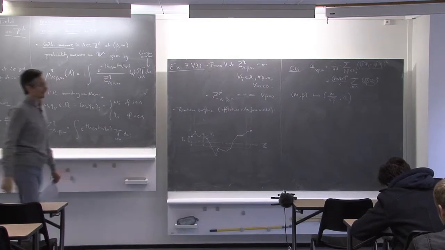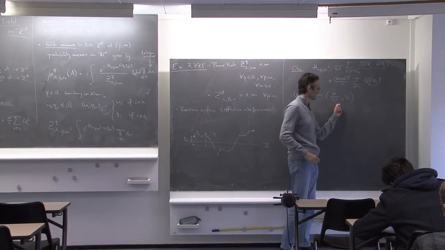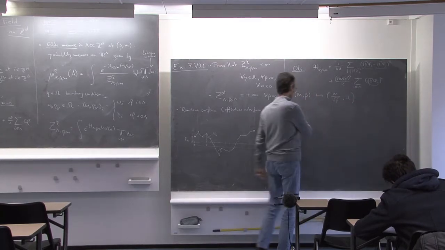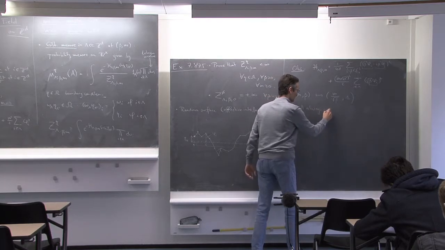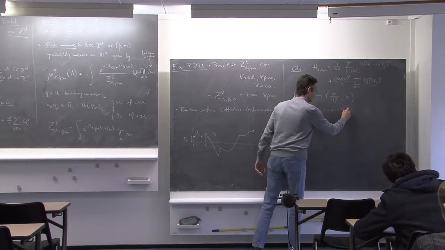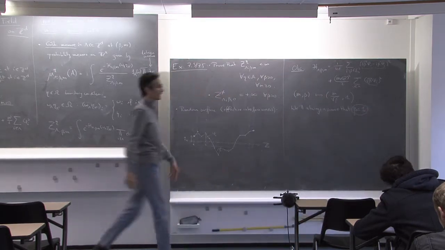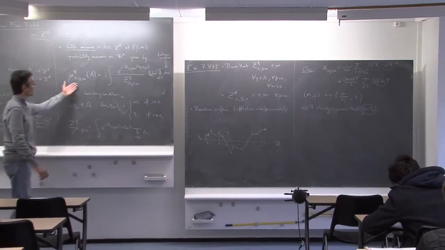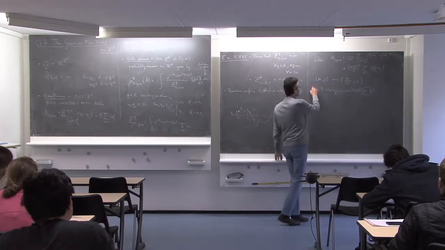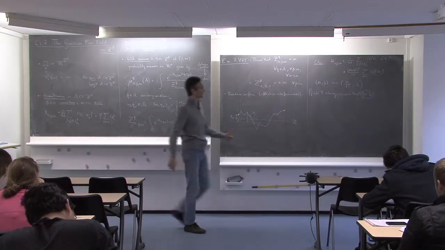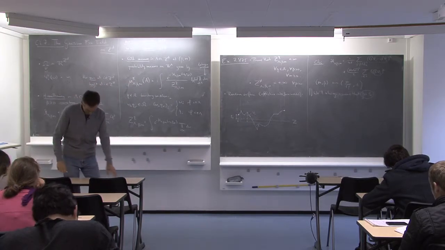And therefore, there is no loss of generality if I assume that beta is 1. So we will always assume that beta is equal to 1. And I remove beta from the notation because I don't want to write 1 everywhere if it plays no role. So this I will always do. From now on, there is only one parameter, it's the mass, and the temperature is just always 1. It plays no role in the model.